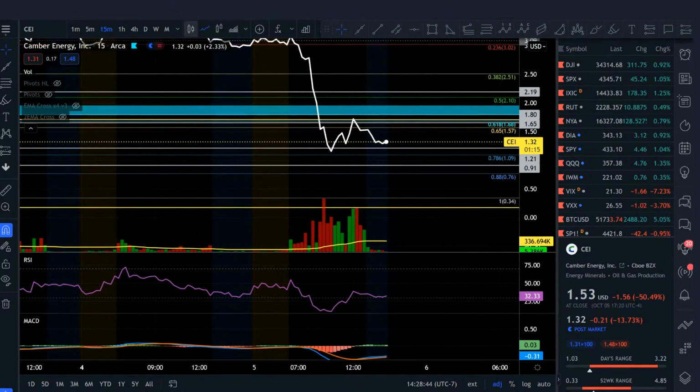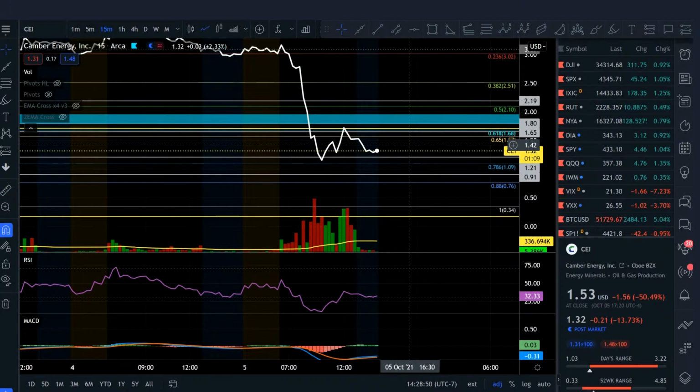Okay, but be very careful of something like this, right? We might see a bounce. Okay, we're seeing this high low. Maybe you might see a bounce, but again, want to be very careful on stocks like this. I'm just showing this as an example,